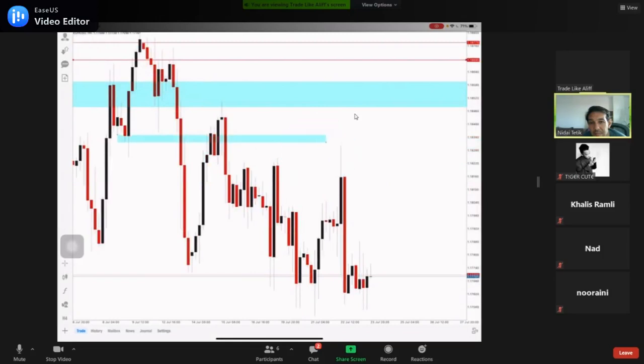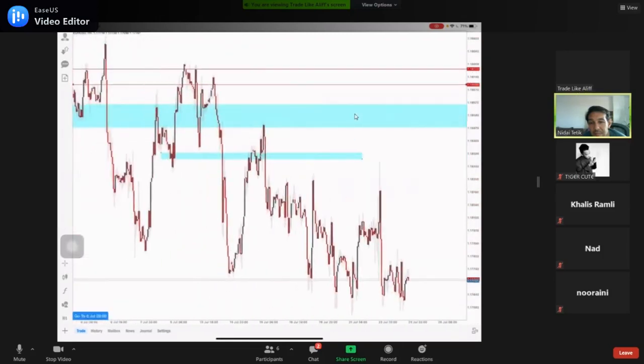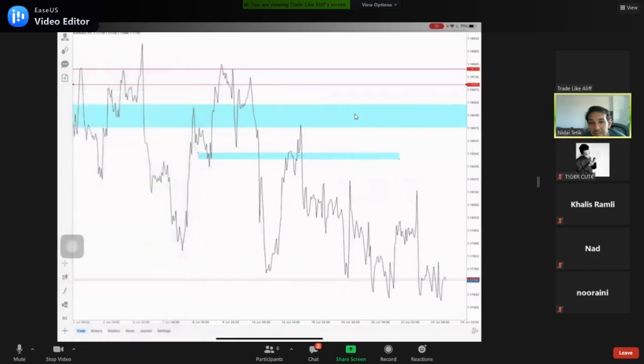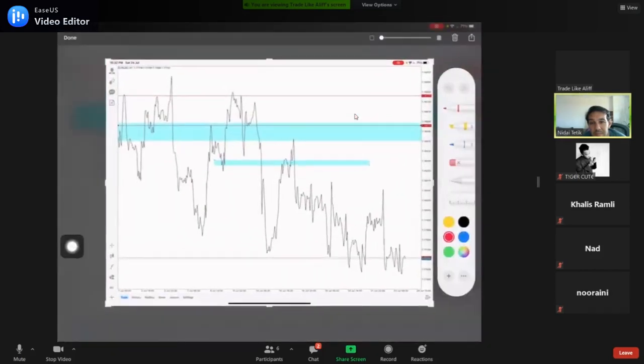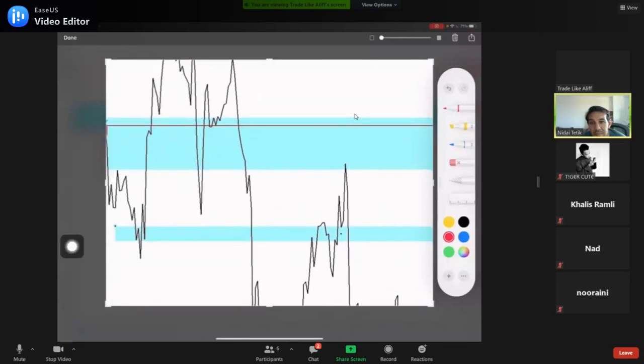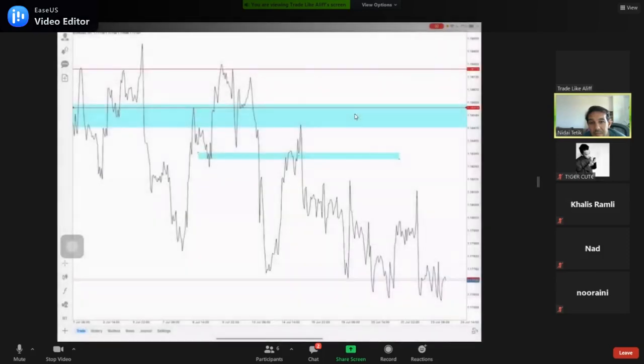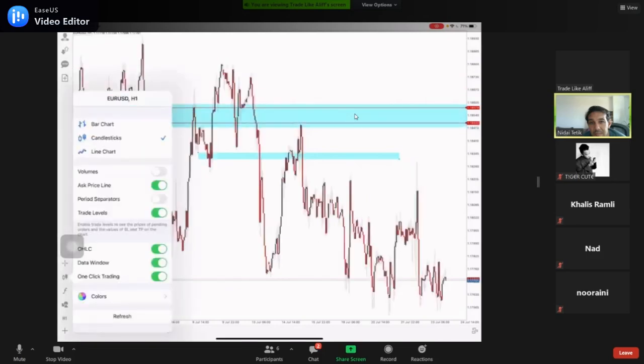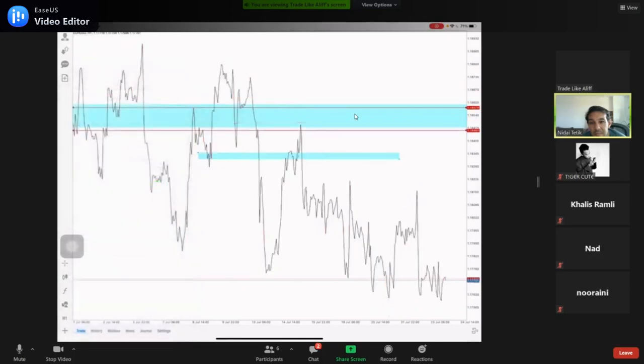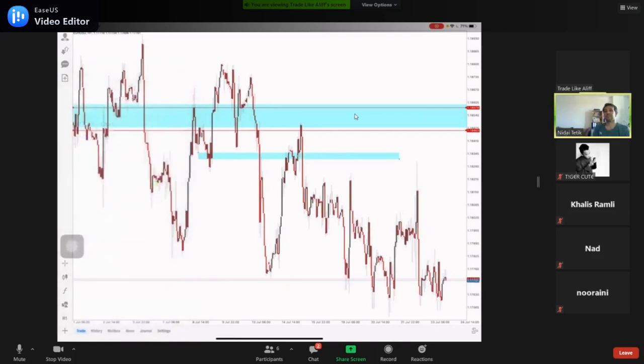H4 breakout, H1, H1, big movement. And where's the other big movement? Ambil sini pun tak apa. Ambil lah. This entry,